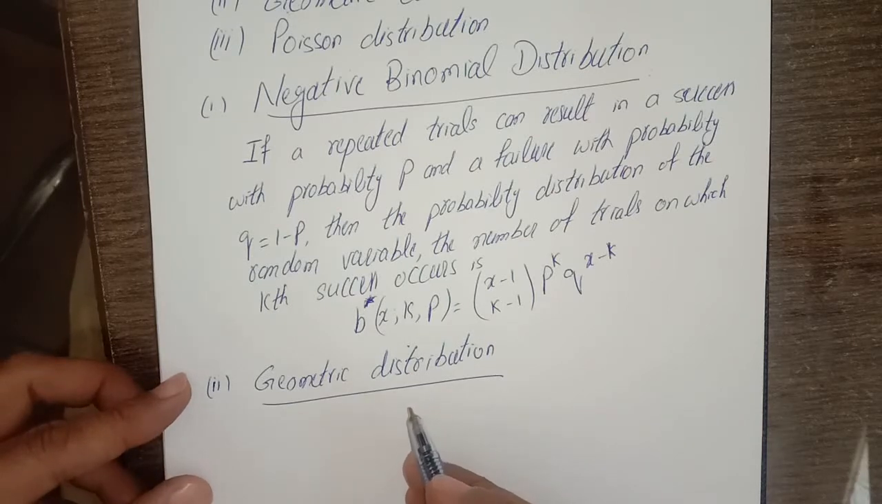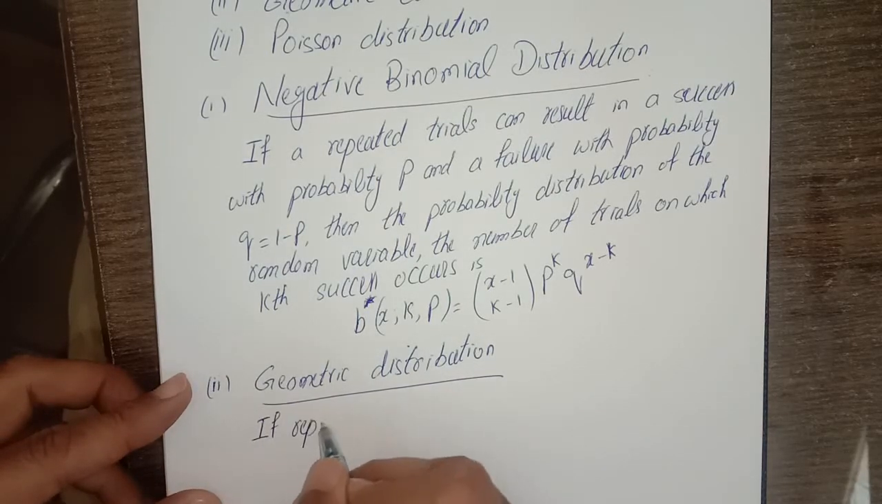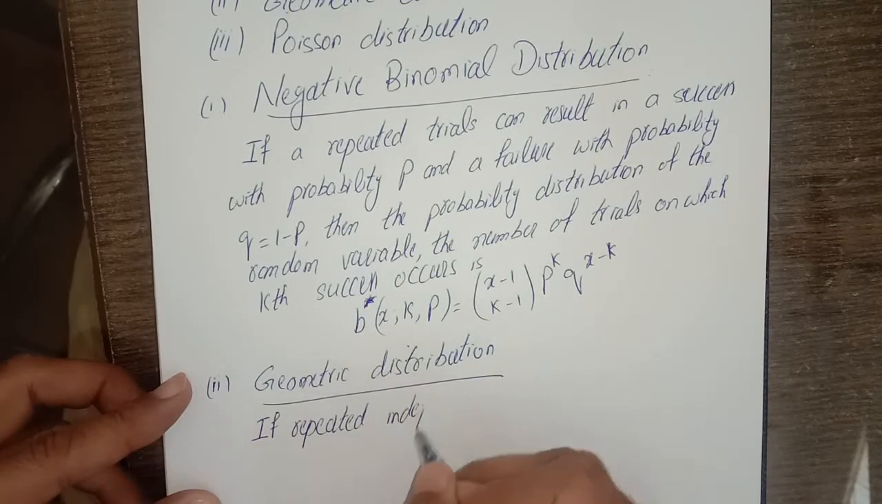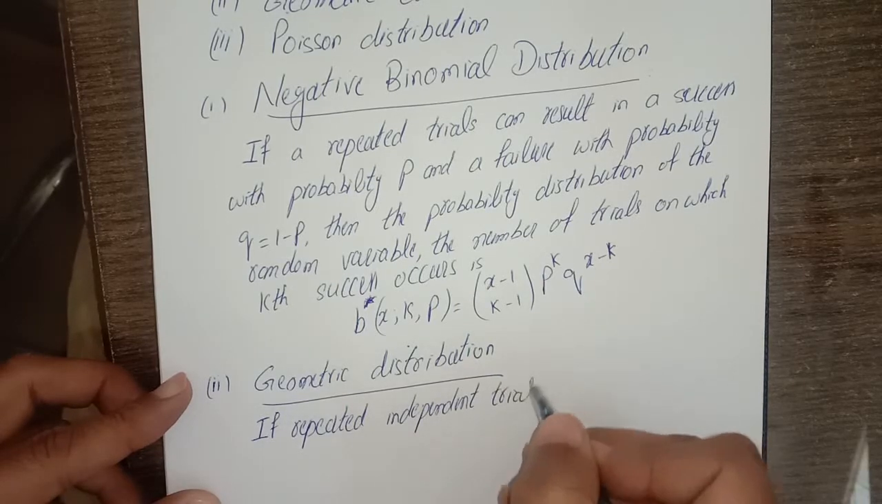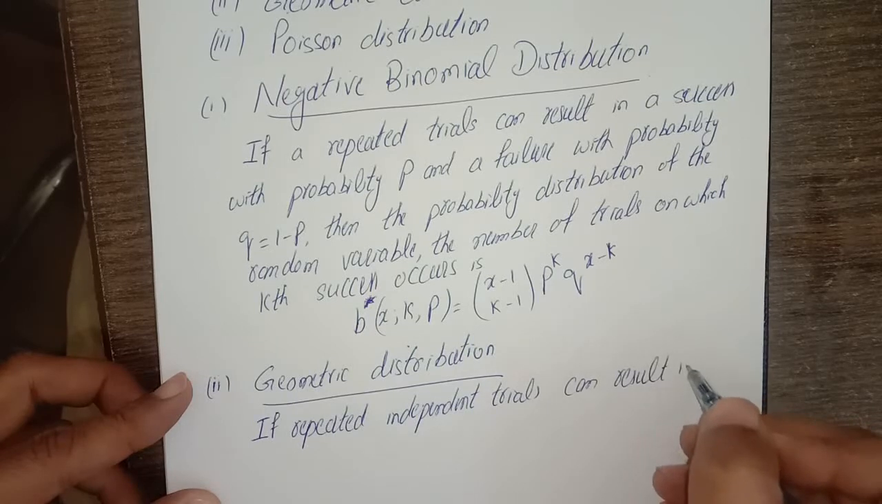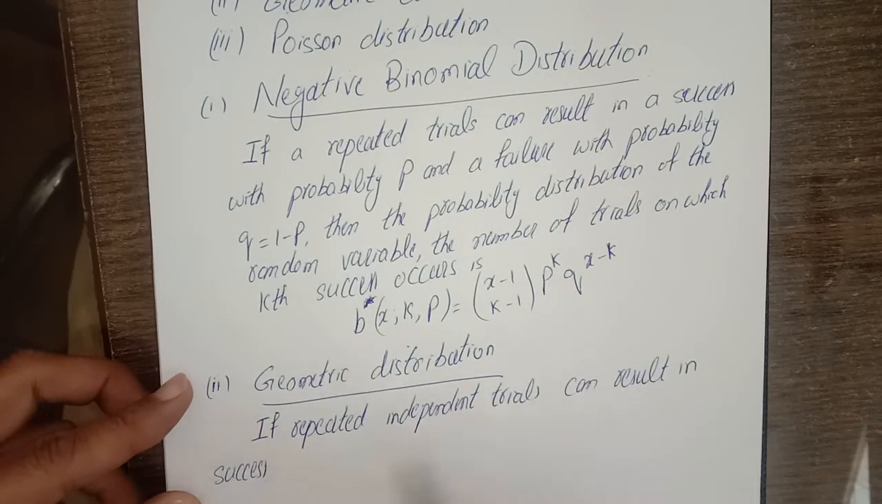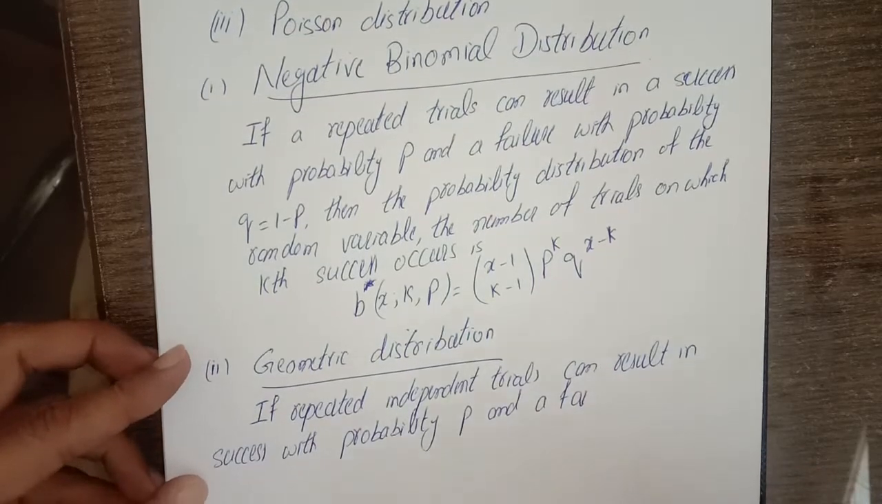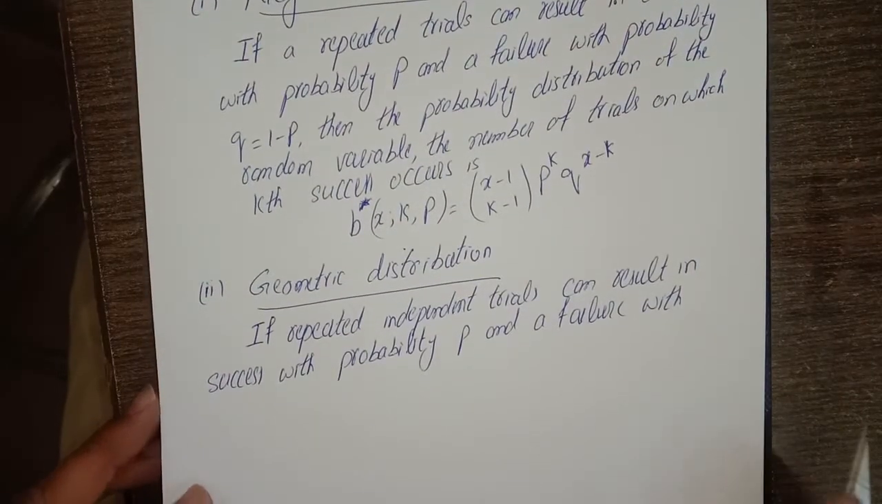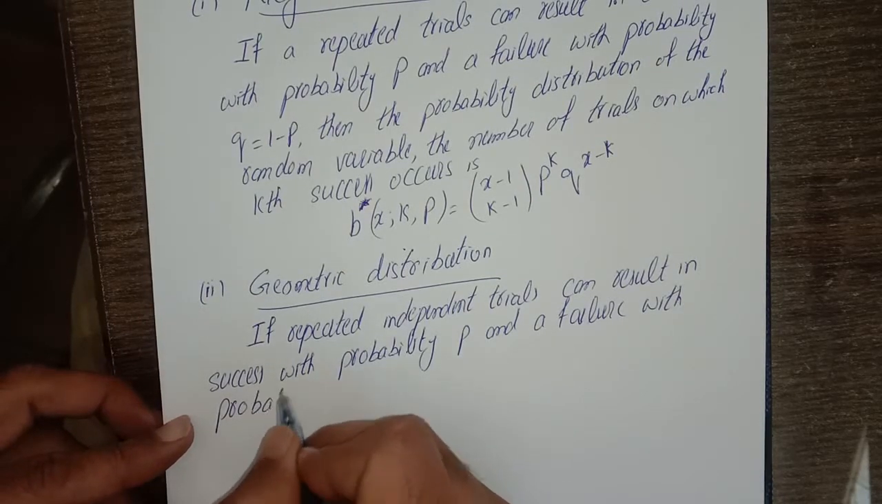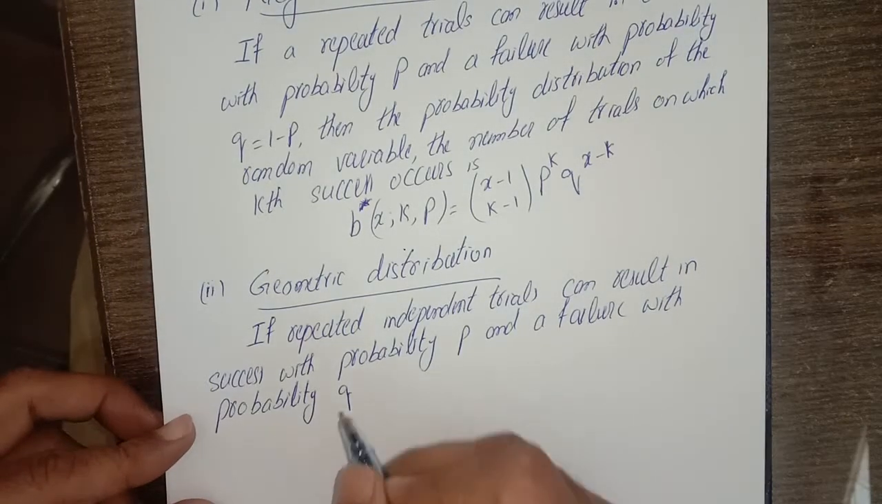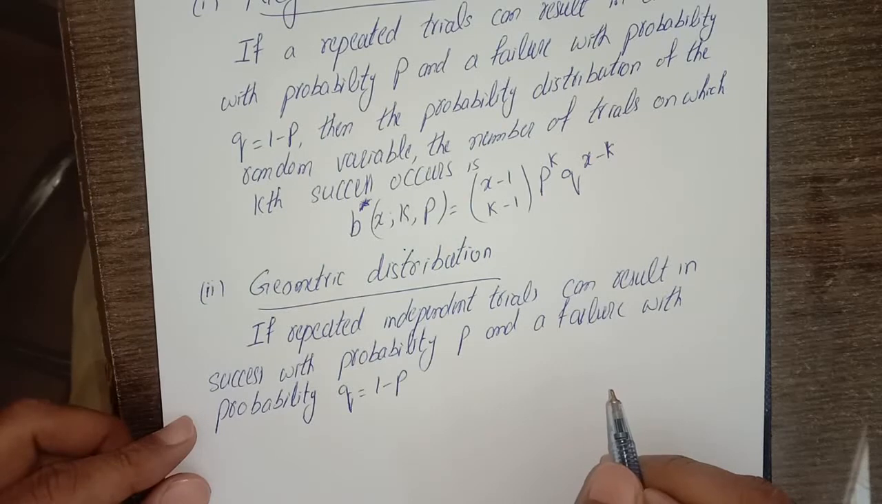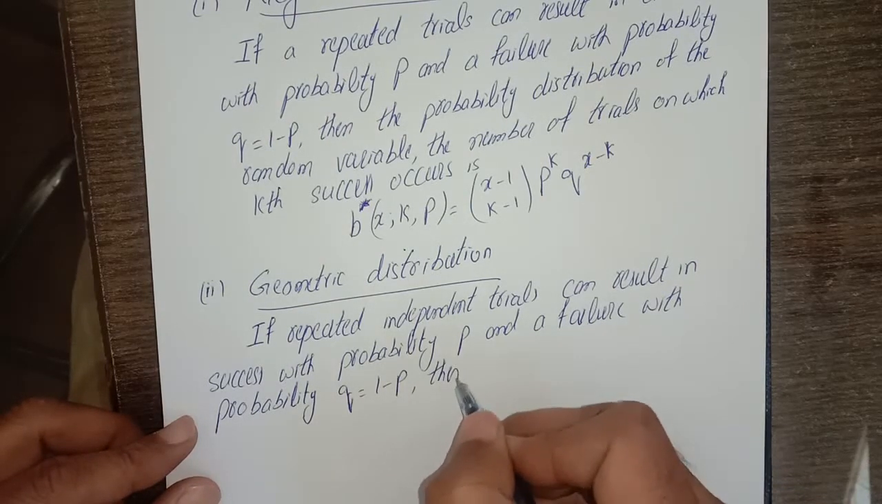Formally, how can we state it? If repeated independent trials can result in a success with probability P and a failure with probability Q, where Q is equal to 1 minus P,